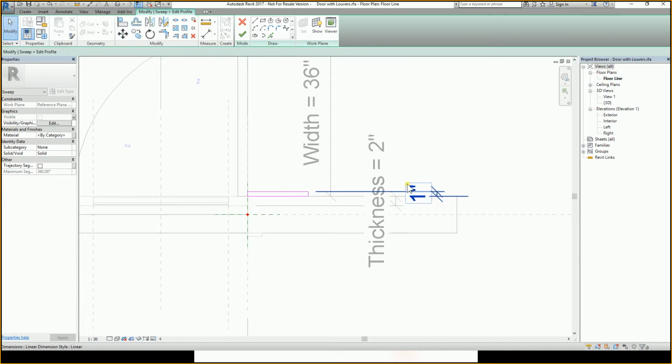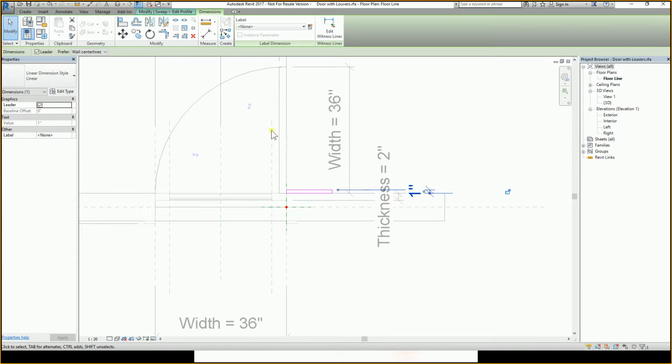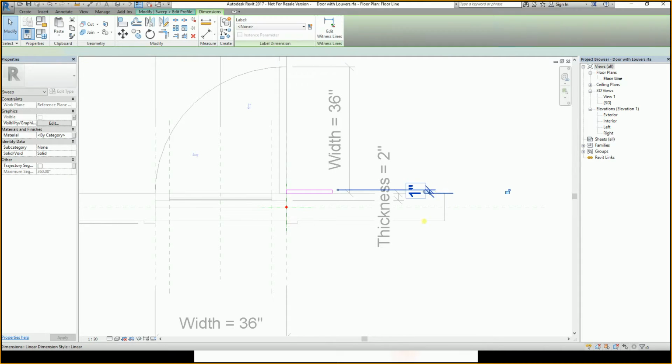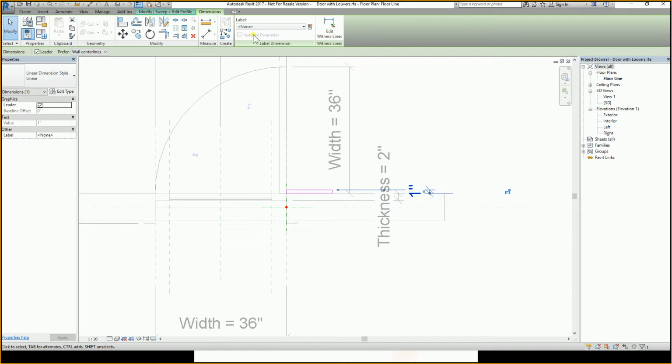Good. So this dimension, I'm actually gonna make it a parameter so that I can change that thickness anytime without having to come here and sketch all this again. So from my project, I can just go to the type, edit that parameter, and change the thickness of that trim. So to do that, I'm gonna select this dimension, and here, where it says label, I'm gonna pick a